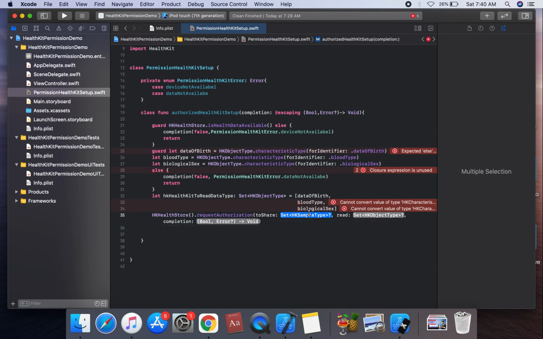Suppose to share, not if to share is nil. Read data, this is the read data. Suppose HK, Command C and Command V, gonna apply on this, and completion on this, pass on this success, and this is pass on this error, and we're gonna call on this completion.